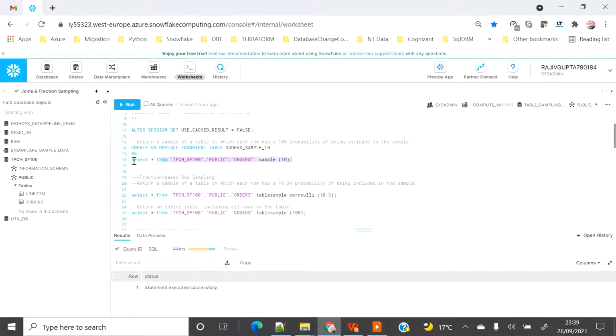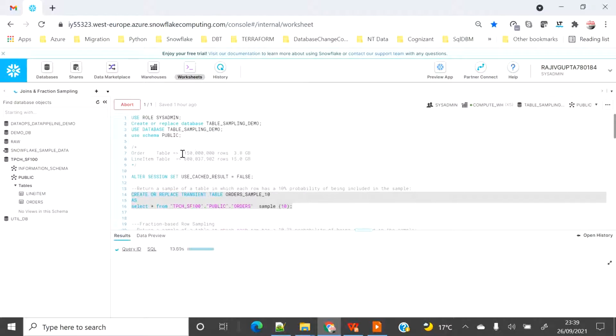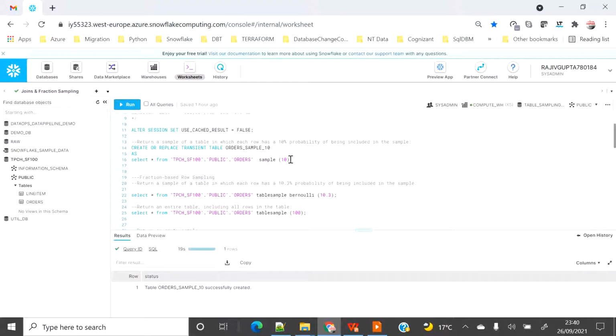So let's see, if I create the transient table, what will be the size of the order sample table in comparison to my base order table. Hopefully it will get created quickly because it's just 10% of the data.